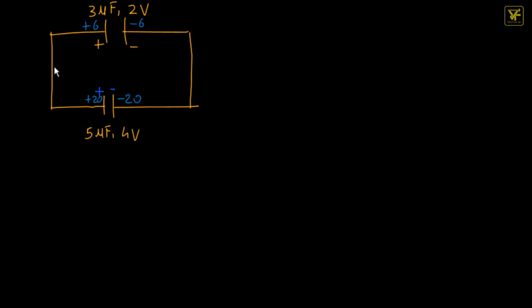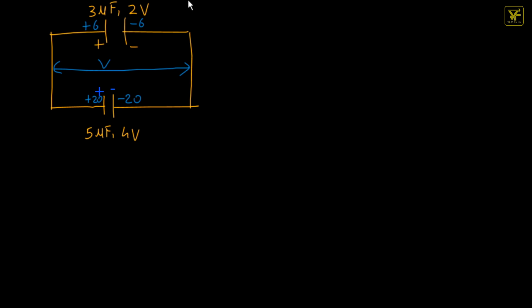Now one thing you have to understand is, since the potentials are different, the charges are different, and the charges will rearrange till the potential of both the capacitors becomes equal. That is a common potential V. V is the common potential finally. So charges will rearrange till the potential becomes V. You have to find that V also. So how to do that? There are two ways. I'll teach you both of them.